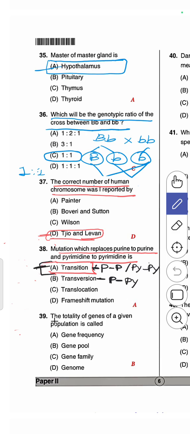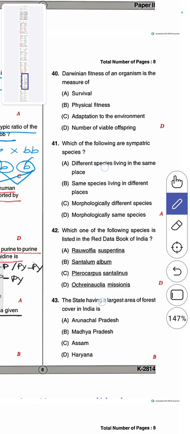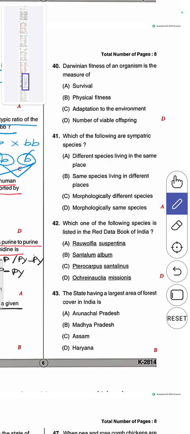Then 39, the totality of genes of a given population is called the gene pool. Total number of genes is called the gene pool. Here, the totality of genes of a given population, or we can call it the total number of genes in a population, will be counted as the gene pool. So B is the right answer. Then 40th question,